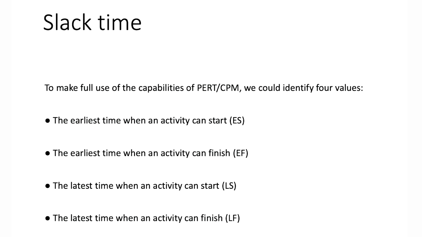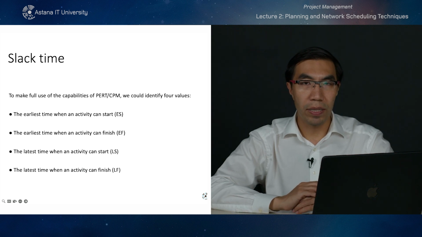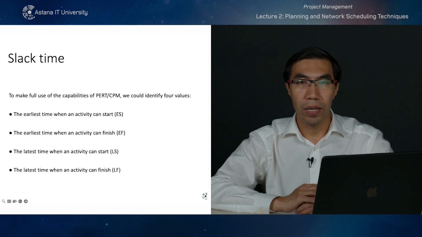And in order to make full use of the capabilities of PERT or CPM, we could identify 4 values. Yes, the earliest time when an activity can start, ES, the earliest time when an activity can finish, EF, and then the latest time when an activity can start, LS, and finish, LF. So as you can see, there are simple formulas, but if you use them effectively, it will increase your ability